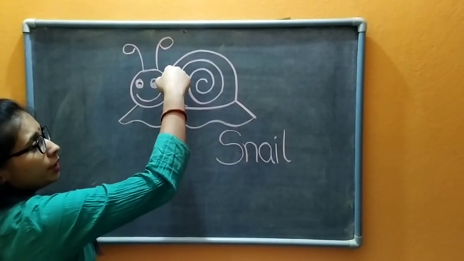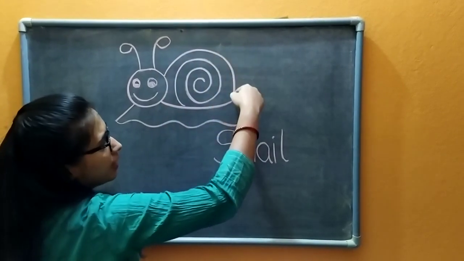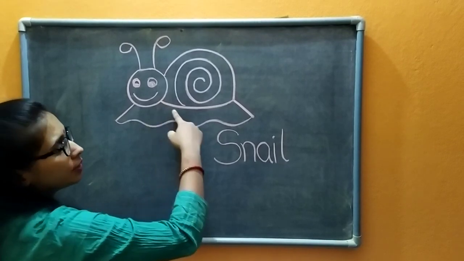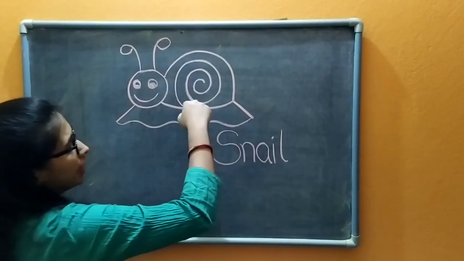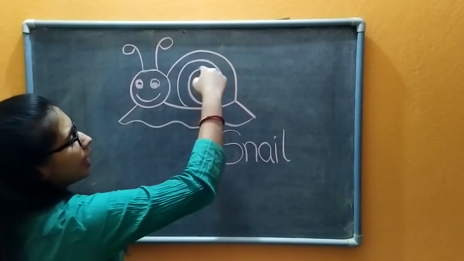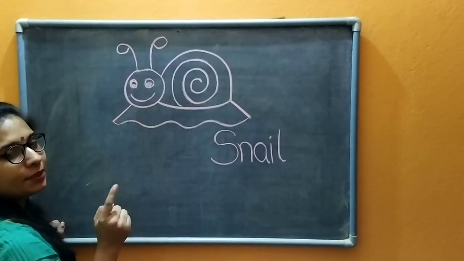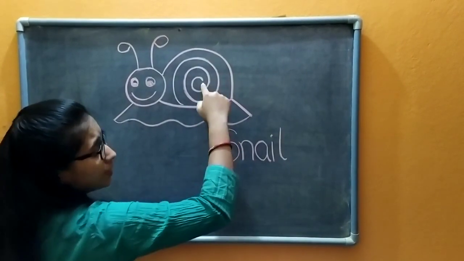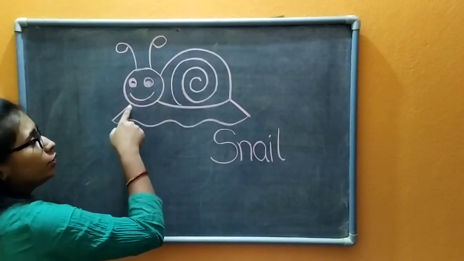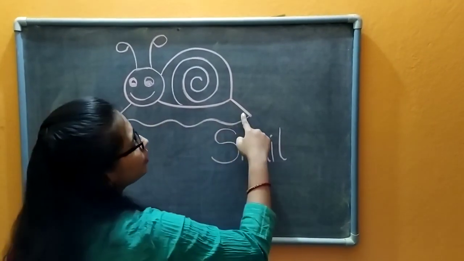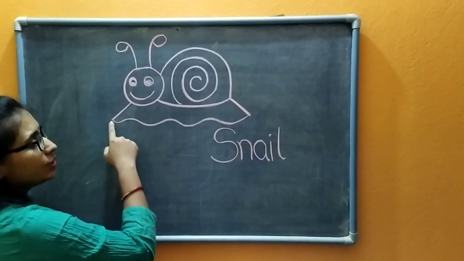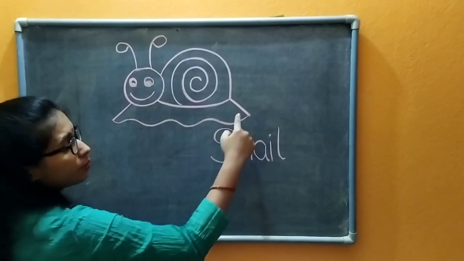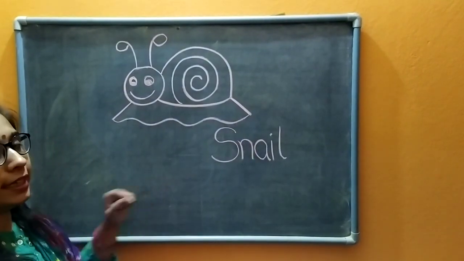For its body, we have turned this line like this. Then you have to join it with the circle to here. Then we have rotated this line inside like jalebi. You love jalebi? I love. So we have twisted this line. Then you have to draw these 2 slanting lines. Then join these 2 slanting lines with curve. Okay? So it is our snail.